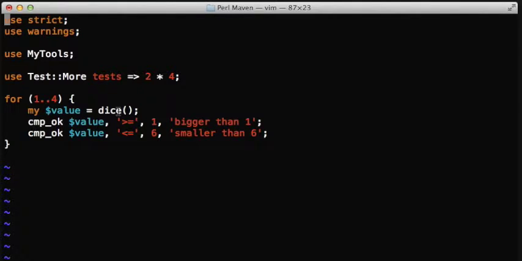Because we already know that there is a function called cmp, we think that, well, it's a number between 1 and 6, so it's okay that we compare it this way. So we throw the die, get the value, and then compare whether that value is greater than 1 and smaller than 6. There are 2 test cases for each throwing of the die. We run it 4 times, so it's a total of 8 test cases. And if we run this,